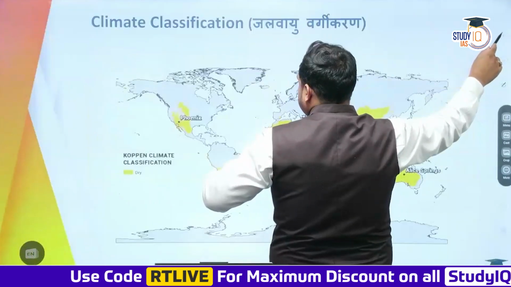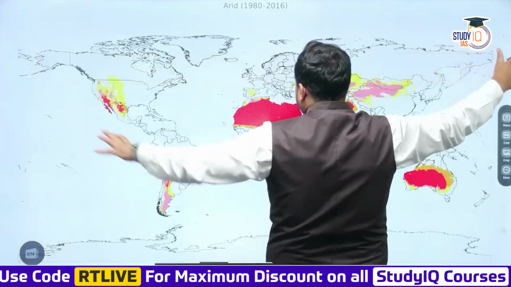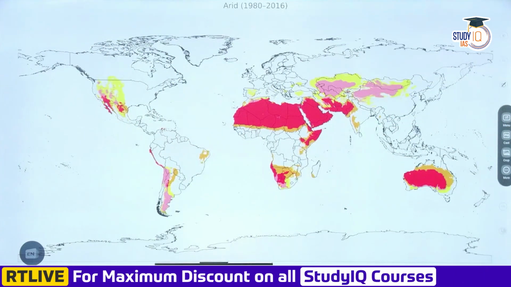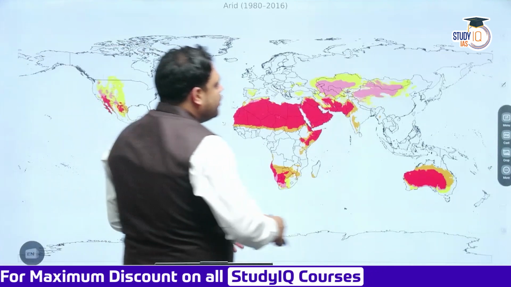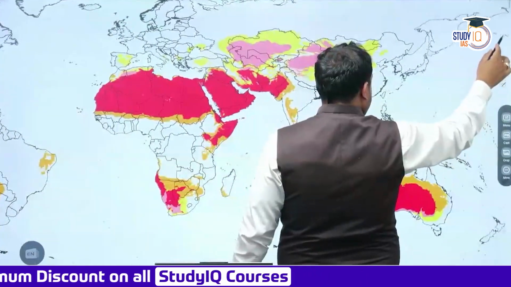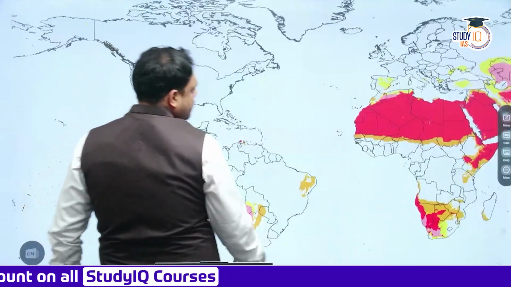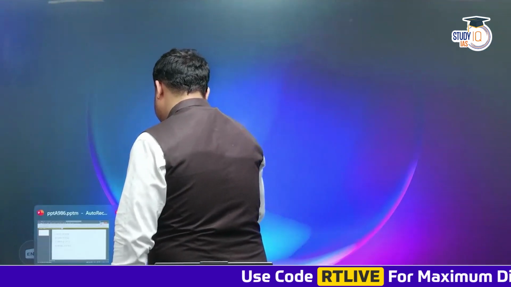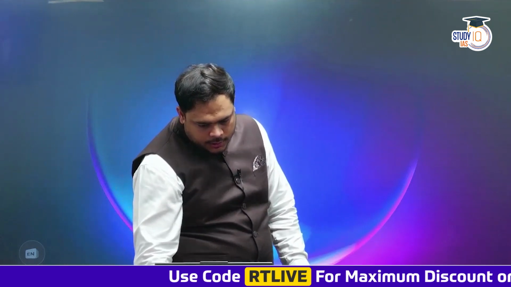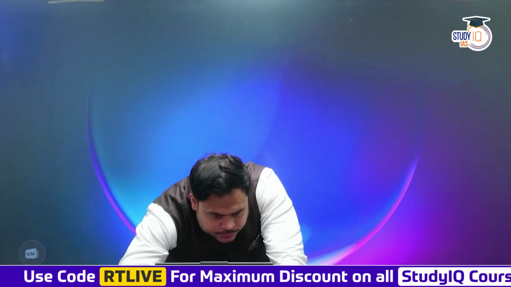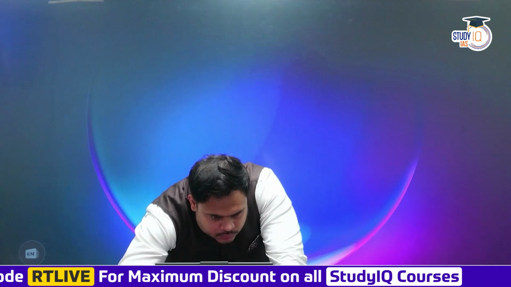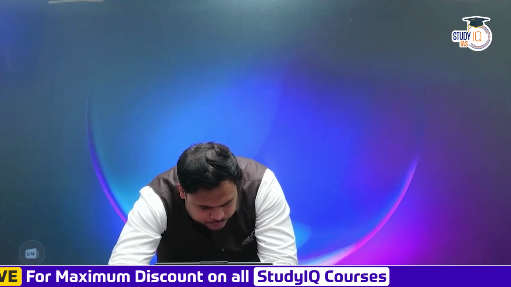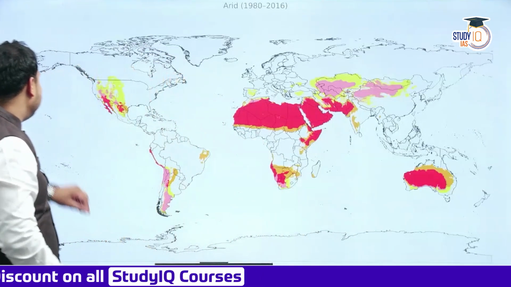Acha. Next, let's talk about B type of climate. Now, this is a very beautiful map, and I like this map. Please concentrate on this map. Now, a very important thing we need to look at. Okay, let's talk about B type of climate. Now, first, let's talk about